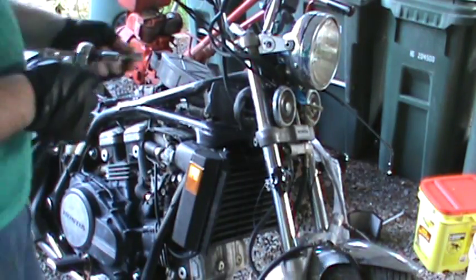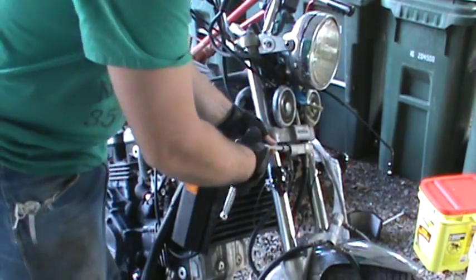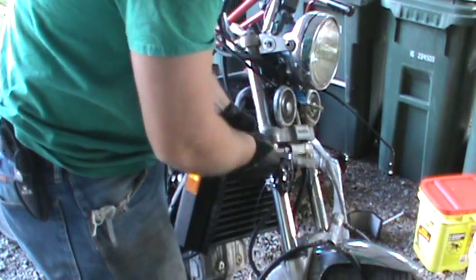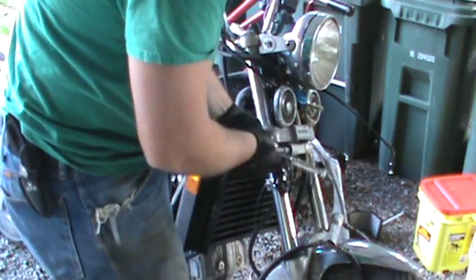Again, I use this double-sided ratchet. It's really handy, so I can put two different sizes on there. Yeah, it's a 12. Just to clarify this ahead of time,